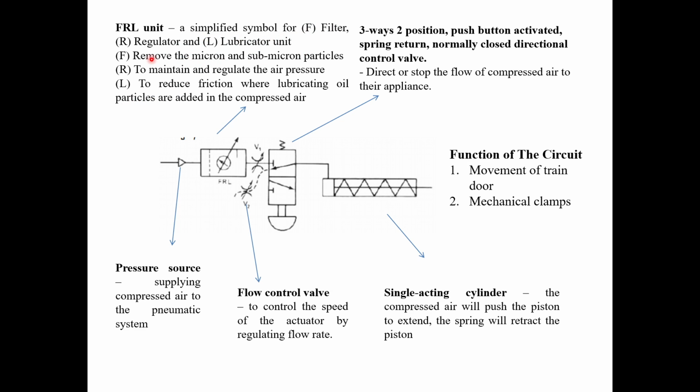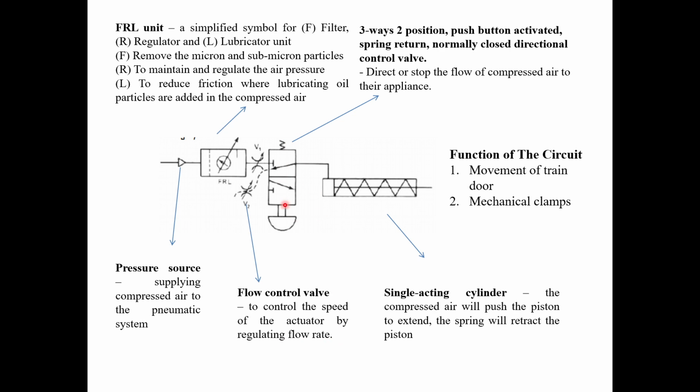The function of the filter is to remove micron and submicron particles. The function of the regulator is to maintain and regulate the air pressure. And the last is the lubricator, which is to reduce friction, where lubricating oil particles are added in the compressed air. The next component we have is the flow control valve, which is to control the speed of the actuator by regulating flow